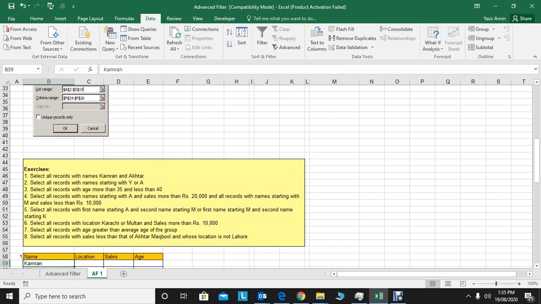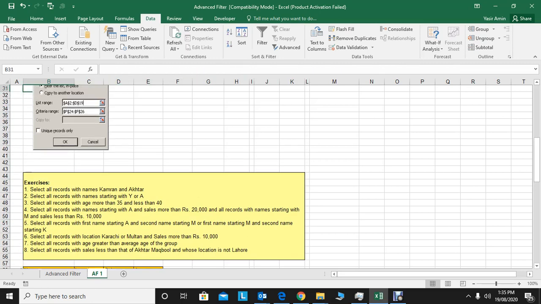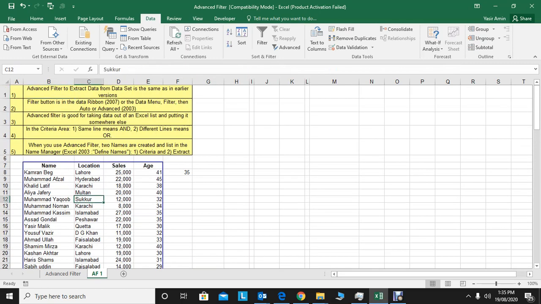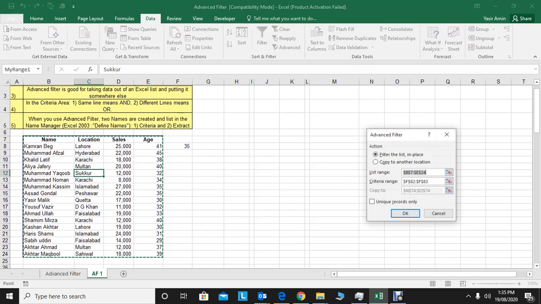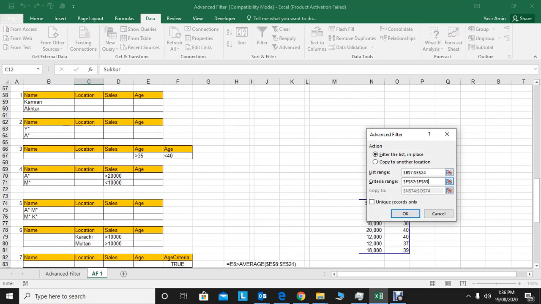Now our first task is to filter by these two employees named Kamran and Akhtar. So let's start. This is the table. I click here. I go to the data. Under data there is advanced. Now the list range is already selected. Criteria, I need to click here and I will select this criteria.